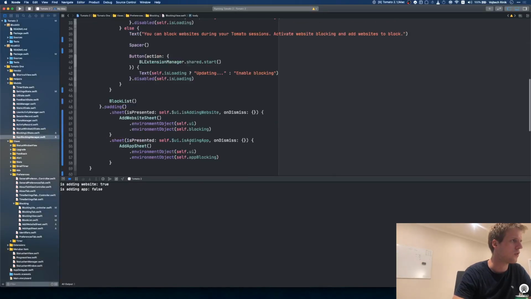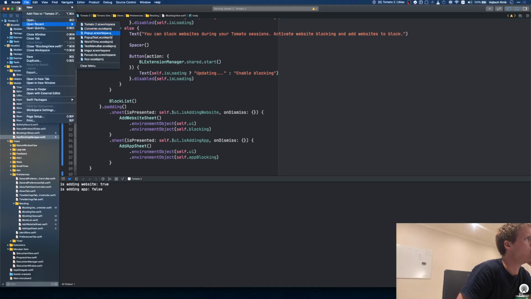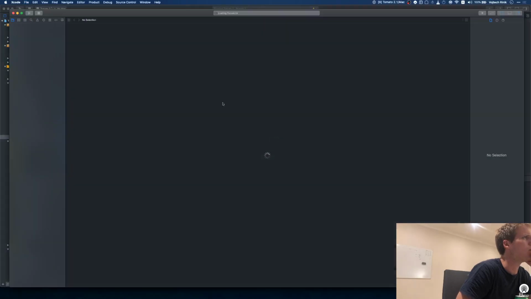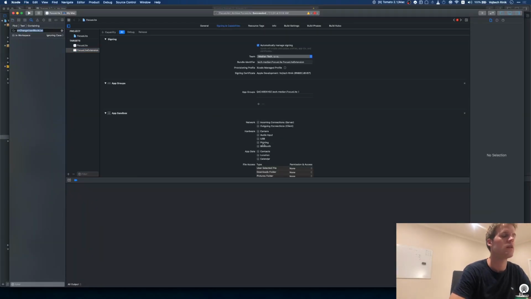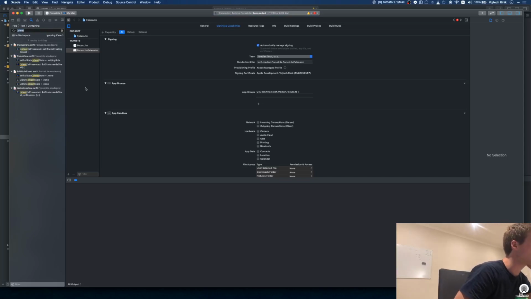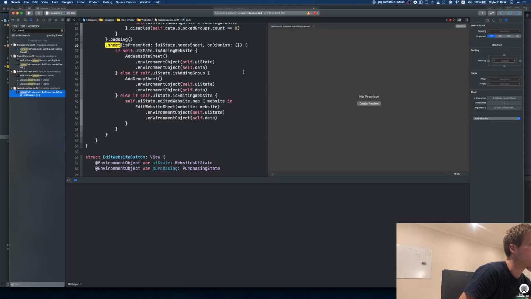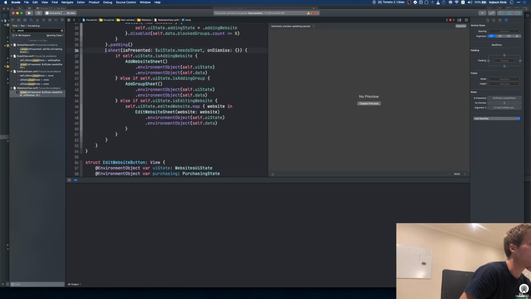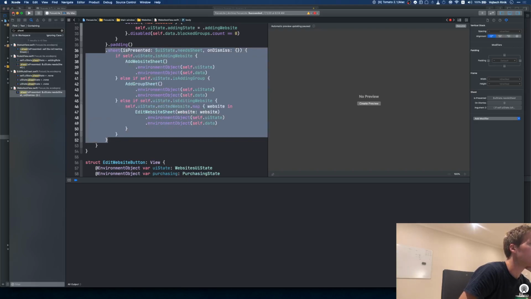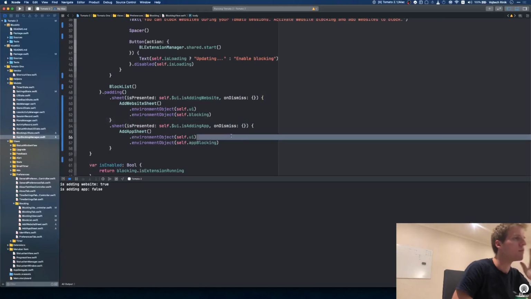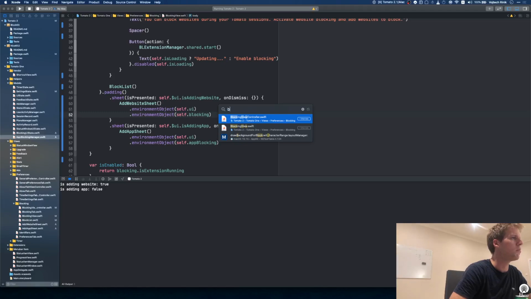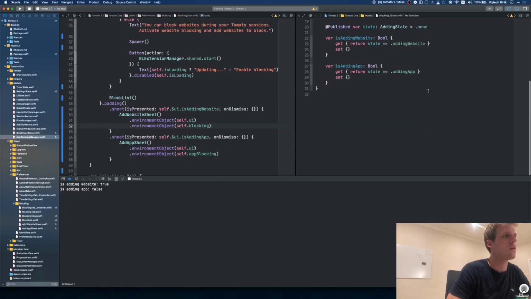Yeah, that's true. So this one is correct. So I'm gonna open another app that I had been working on because I did a similar thing there. So I'm just gonna look for sheet here. I remember doing multiple sheets. I remember now. So you only call sheet once and then you put in a condition to decide which sheet to render. So we're gonna have to open blocking UI state like that, and we're gonna do